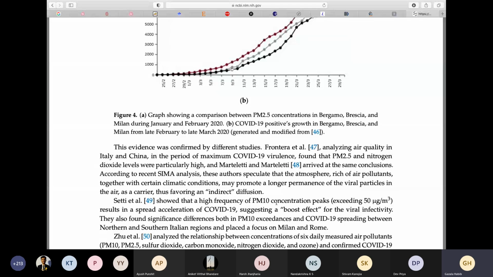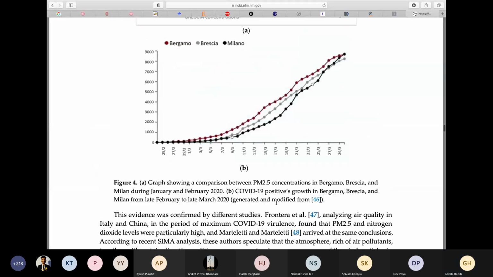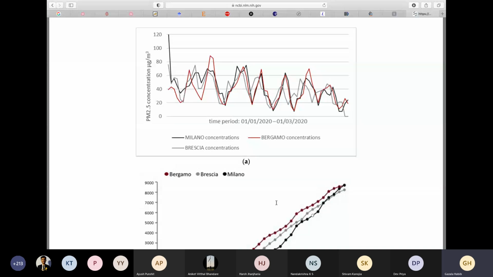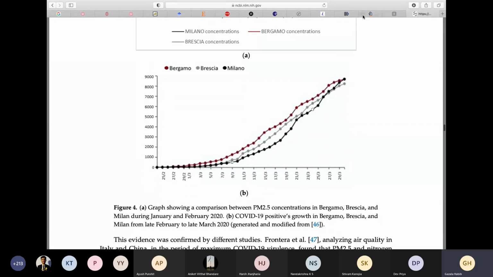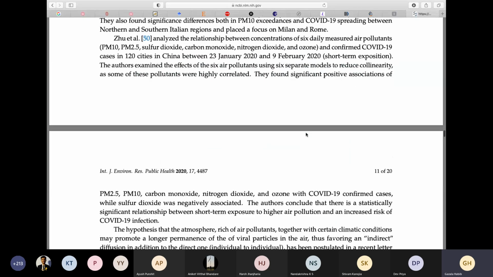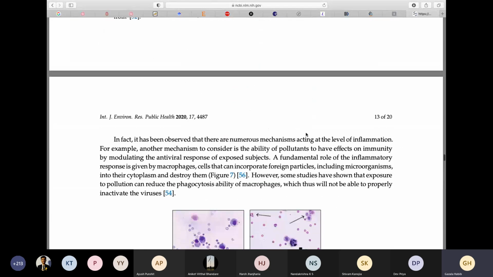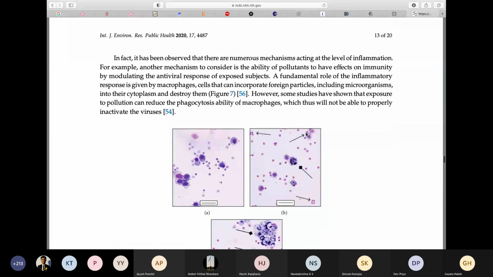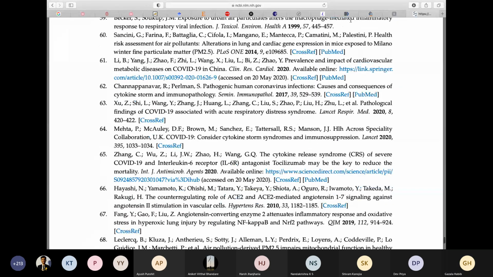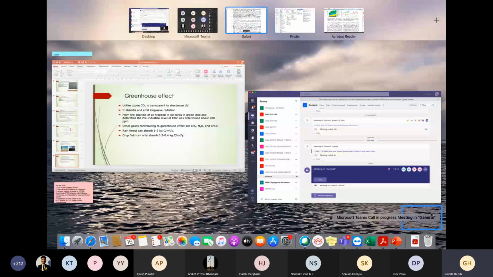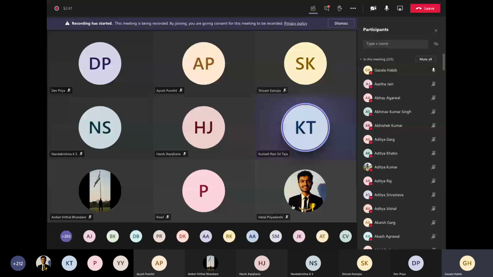COVID-19 positive rate growth in this. So how is this related to air pollution? The pollution is reducing in March, and this is increasing. How can you say they are correlated? And this is published already. Let me see. If I find this paper good, having some good hypothesis, and they have proved the hypothesis correctly, then I will upload it. Otherwise, I will not do that.